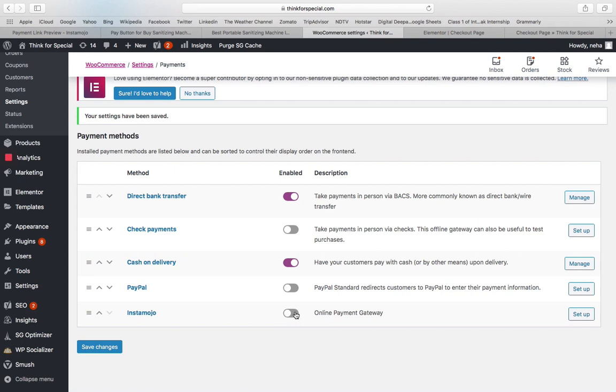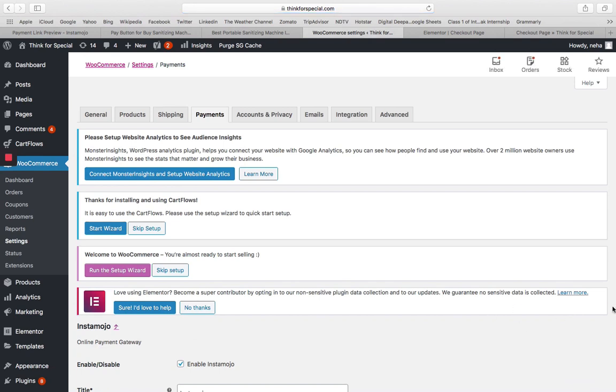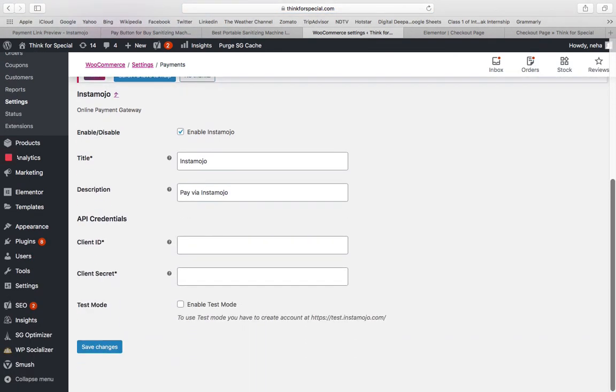So just enable it and go to setup. When you come here, you will see they are asking for the client ID and client secret. So we need to get this. We will get this from our InstaMojo account. So let's go to our InstaMojo.